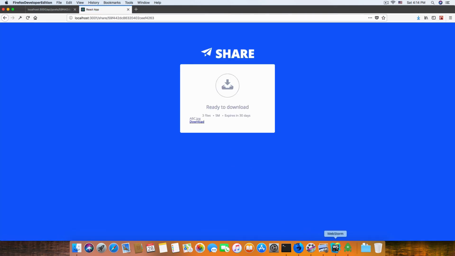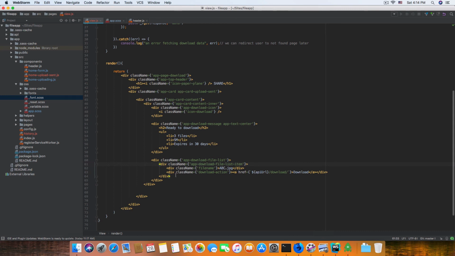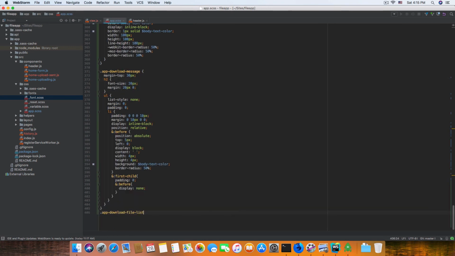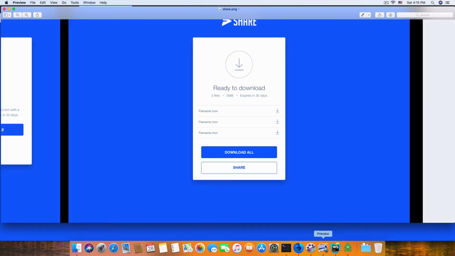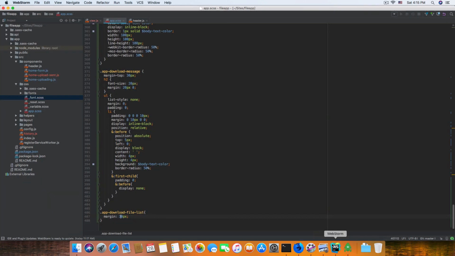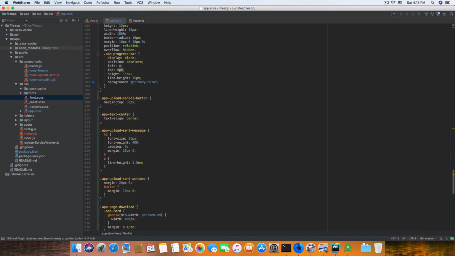Alright, so let's copy that and duplicate it so we are able to theme it as well. Give it some spacing. Now it's making 20 pixel. 30 pixel is enough. Okay, so wow. Actually in this screen we see the margin and padding is smaller than on the upload screen. So we add back to